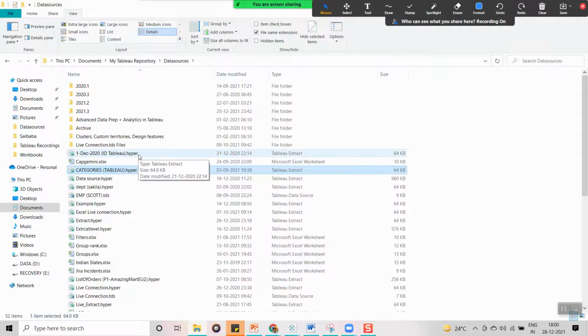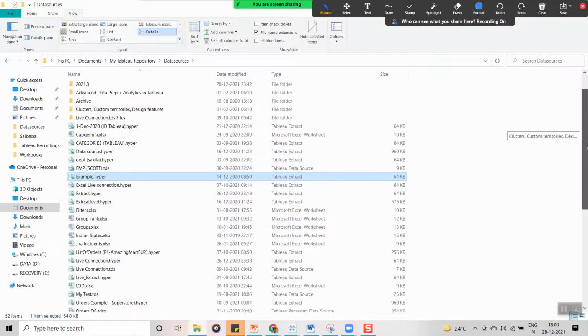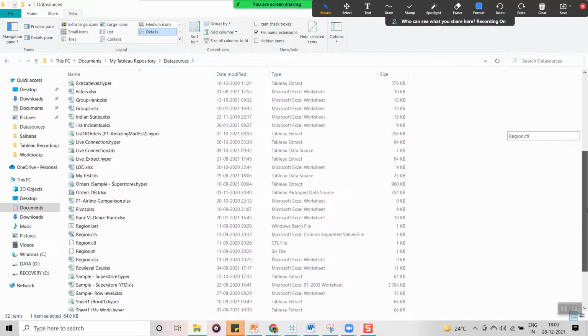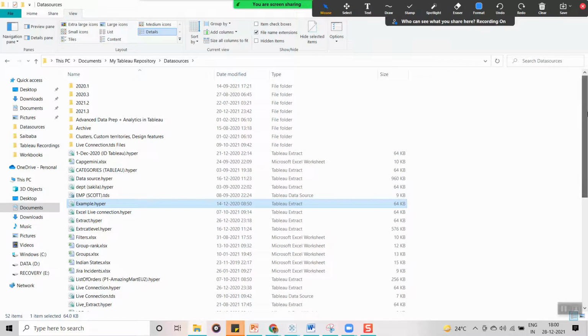You cannot find any .tde, Tableau data extract, in my list, because I have been using this laptop from the 2020 version onwards, so I haven't worked in the previous versions with it.